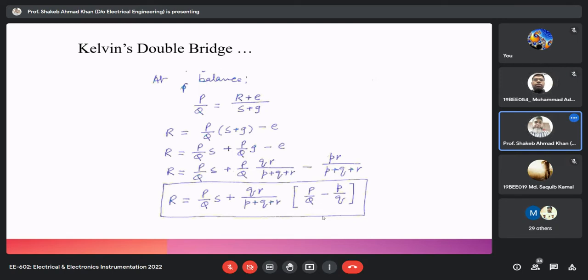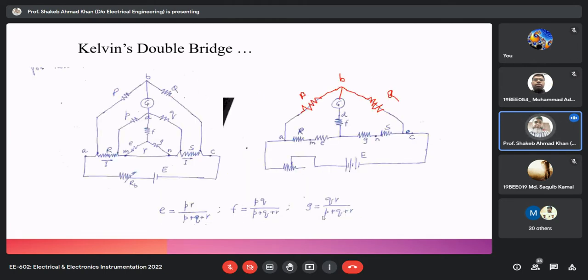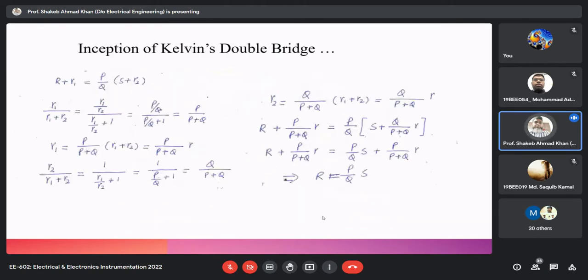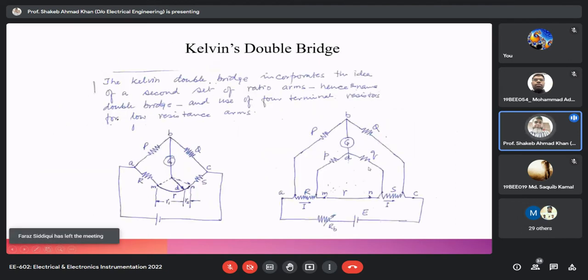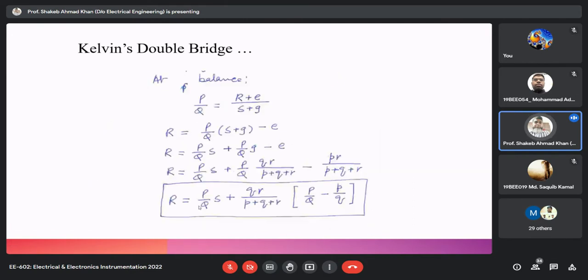So, the question I asked, if you understood everything: we did all these things so that we should be able to find this kind of equation. It was claimed that this particular circuit is a physical representation of this concept, and this concept provides the solution for lead and contact resistance compensation. But you see in the final expression that we have derived,